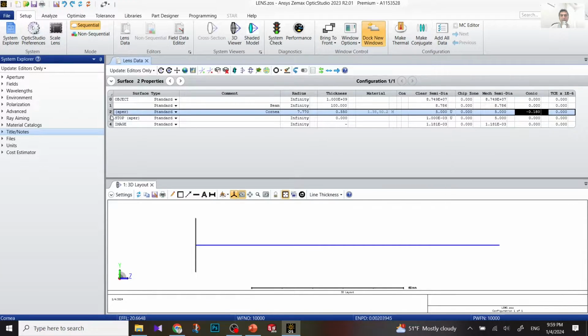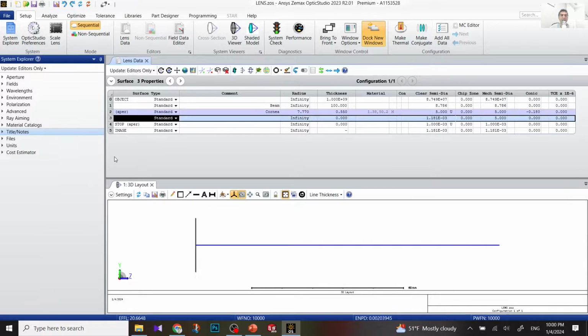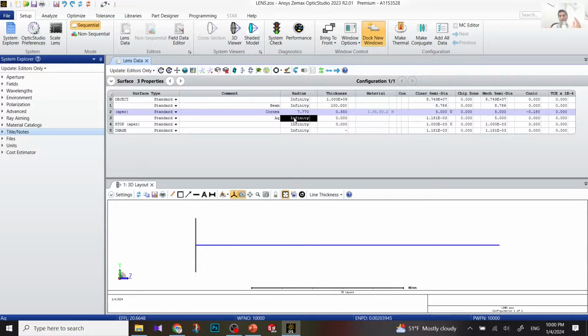So the next surface after cornea is, so we have cornea, and the second surface after cornea is aqueous, because between the cornea and the stop there is a liquid that I explained in that video, that it's like a jelly type material. So I'm gonna add another surface here. I'm gonna put AQ for this surface, and the radius of curvature of that surface, as you know, in Zemax